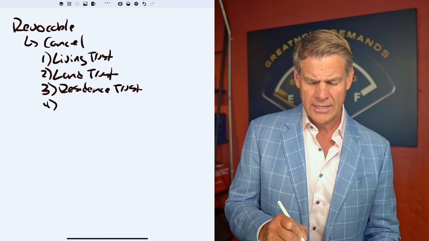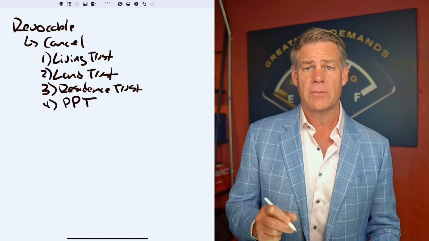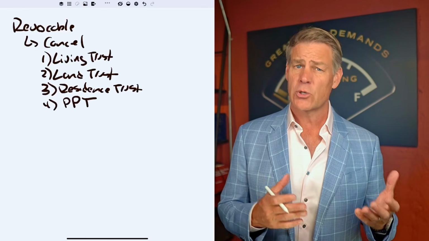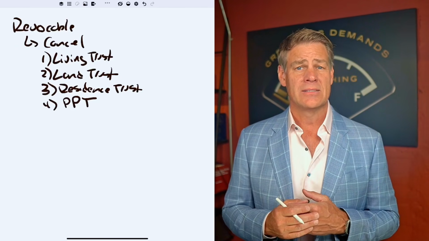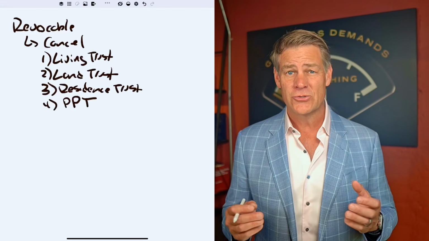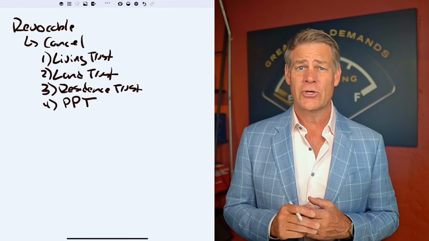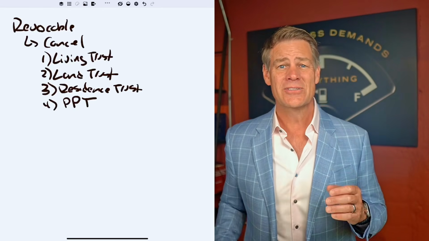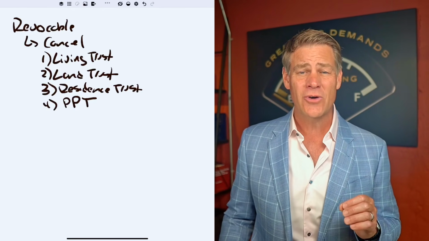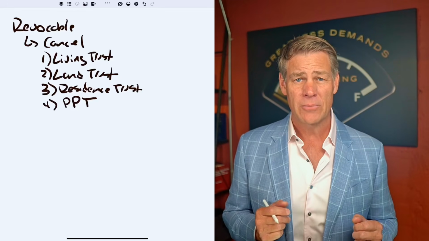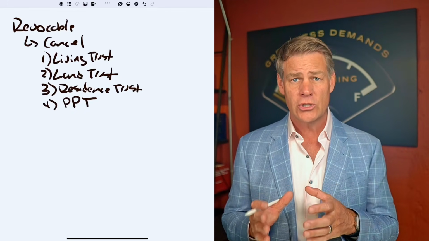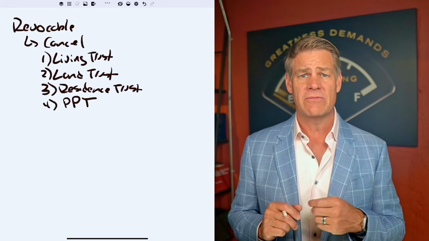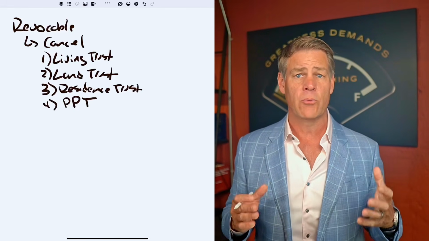Maybe another one you might look at is a personal property trust, PPT. This is a great trust to use for a personal bank account. On some of my videos, I refer to this as a monkey trust, and people say, hey, I went to my attorney and he's never heard of the word monkey trust before. Well, there is no such legal term as monkey trust. What it is, is a personal property trust that's designed to take your personal checking account and again, get it out of your name, but at the same time, give you complete flexibility to pull money in and out at any point in time.